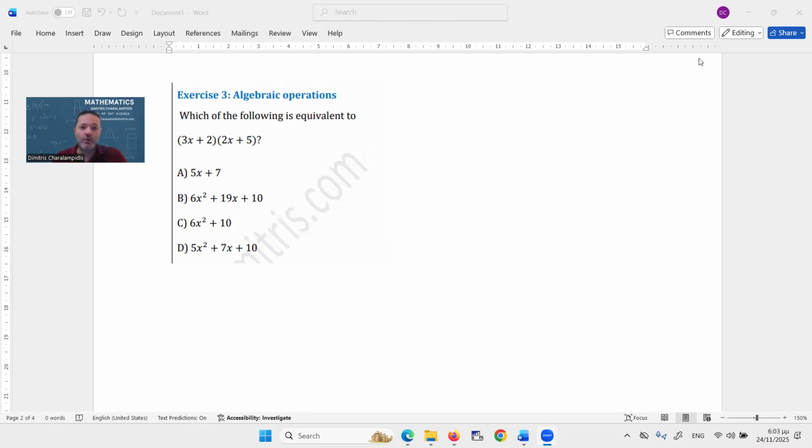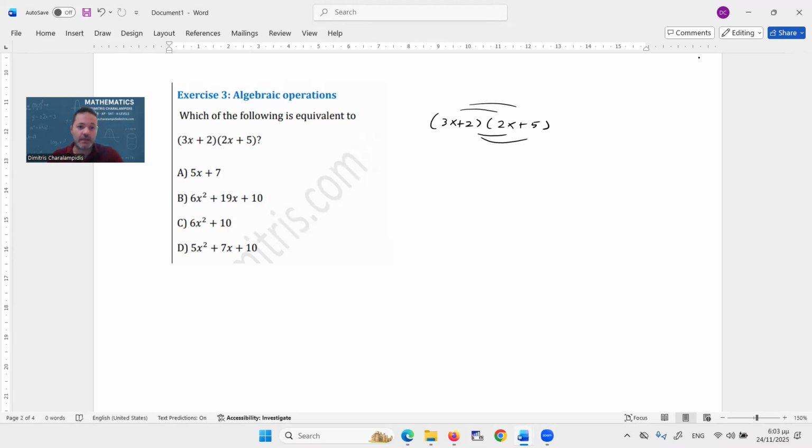Exercise 3. Which of the following is equivalent to (3x + 2) times (2x + 5)? So let's see again. (3x + 2) multiplied by (2x + 5). This is a typical case of double distribution, which means that I'm going to multiply every single term of the